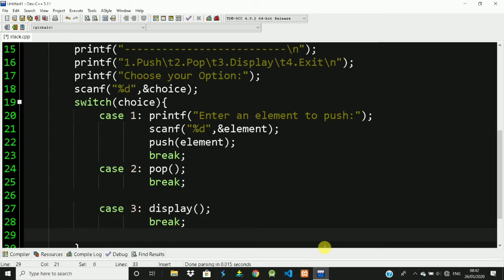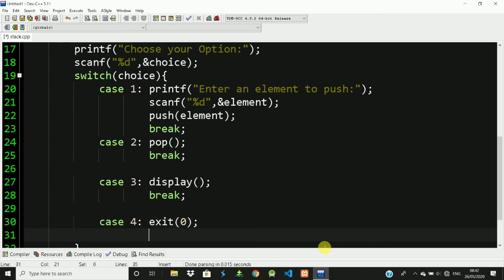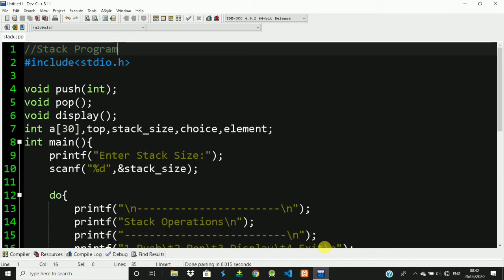Okay. Yes. Then case 4, it has to come back to the program. For that there is a function called exit. For that you have to pass any value here, 0, 1, anything you can pass. And the exit function definition is there in a header file called process.h. So you have to write hash include